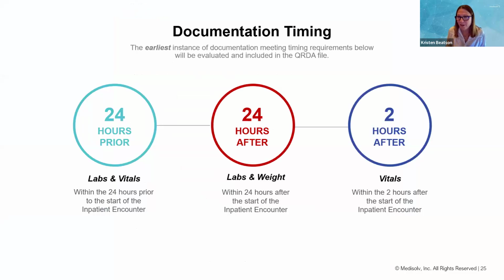I'll mention timing again. When you're looking at your data throughout your reporting year in preparation of submitting that data, make sure you're looking at if something is missing from the data collection for the hybrid measures. Make sure you're looking at the date and time it was documented and comparing that date and time to the date and time of inpatient admission. Again, mapping tends to be kind of the initial number one reason for missing data in these CCDEs, and then the timing tends to be the next reason. If it's just done outside of these timing window requirements, it won't be included in the submission. Next slide.